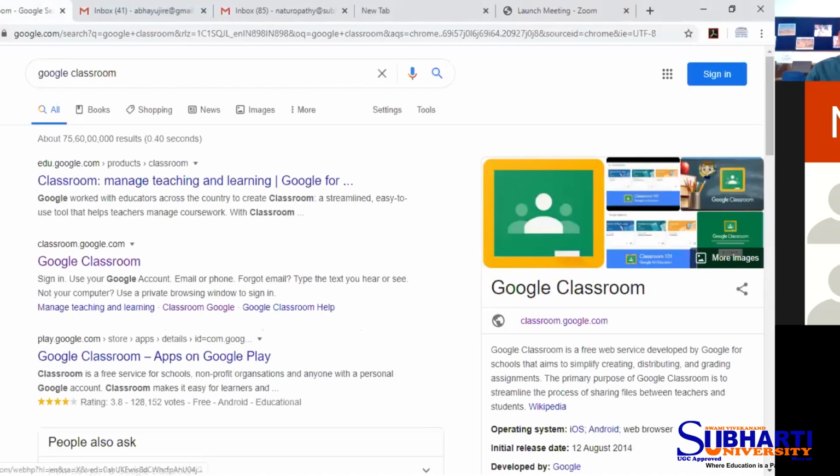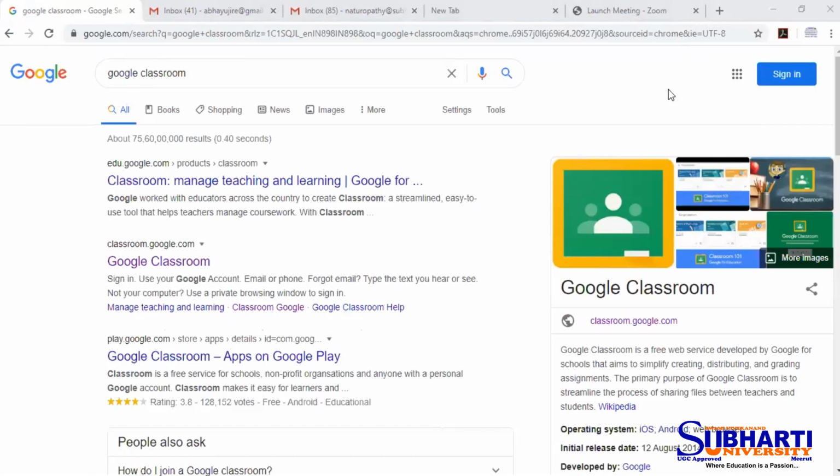Now, how can we access Google Classroom, and what things are required before starting? The first and foremost thing to remember is that Google Classroom requires a Google account, any Gmail account.